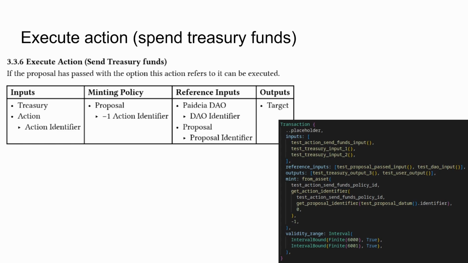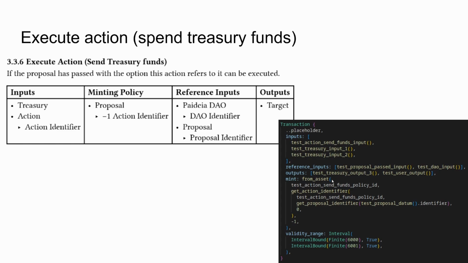And then when we spend funds from the treasury in an action like this, of course, it will rarely be the case that it will be the exact amount of funds that we have in the treasury UTXO. So we need to have a treasury in the output as well to hold the change of the transaction. The other output has to match whatever is defined in the action as the target. And of course, we have the reference inputs to refer to the proposal that has been passed so that the action can verify this. And also we need to refer to the DAO UTXO that has the configuration of the DAO to verify that both the proposal and the action type are